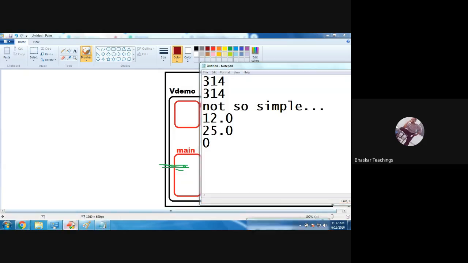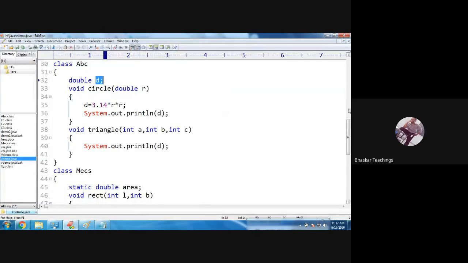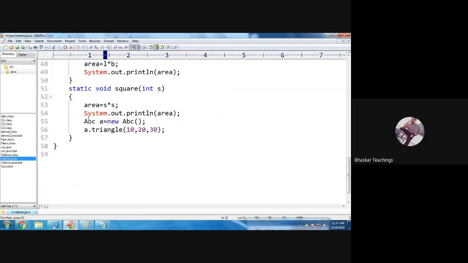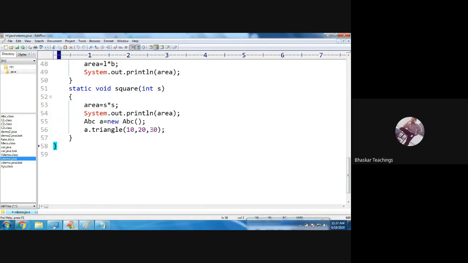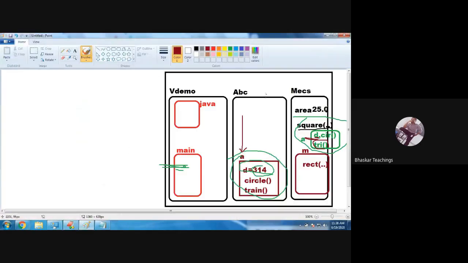Okay. And next, what is going to happen? Where are we? Inside the square method, right? Yeah, here we are. So now this line is also executed. Now the function is closed. The function finished its execution. So what is going to happen? All the local variables will be destroyed from the memory. When the method finishes its execution and the control comes out of the method body, then all the local variables will be deleted. Okay, now what is going to happen? This a will be deleted.